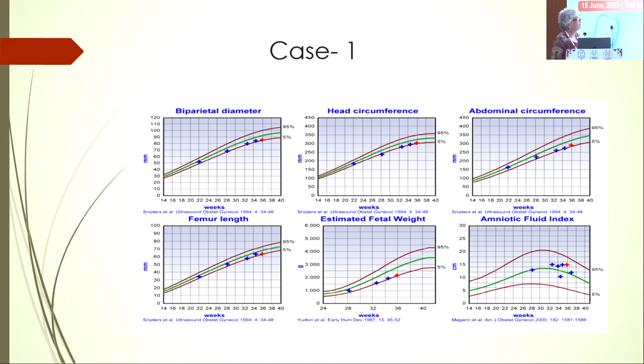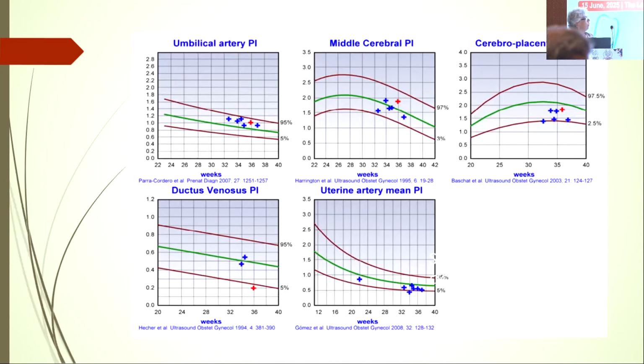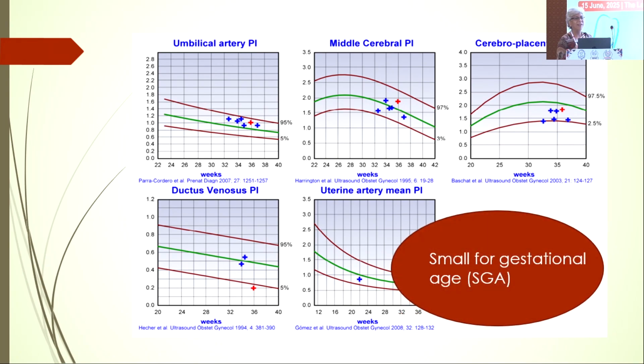So, AFI. What should we see along with this? We have to see the amount of liquor as well as the Doppler status. The umbilical artery and every Doppler is fine. So the diagnosis is? Since the amniotic fluid is normal, the Dopplers have to be normal. Otherwise, if the umbilical artery resistance had been high, the AFI would have gone down. Why will oligohydramnios be there in cases of IUGR? Because of the decrease in renal perfusion, because of the redistribution of blood towards the vital organs.